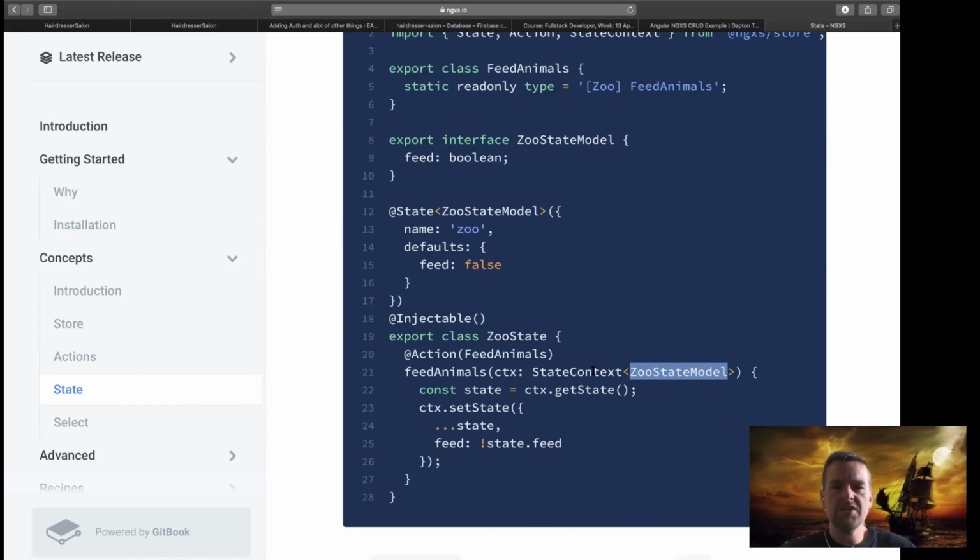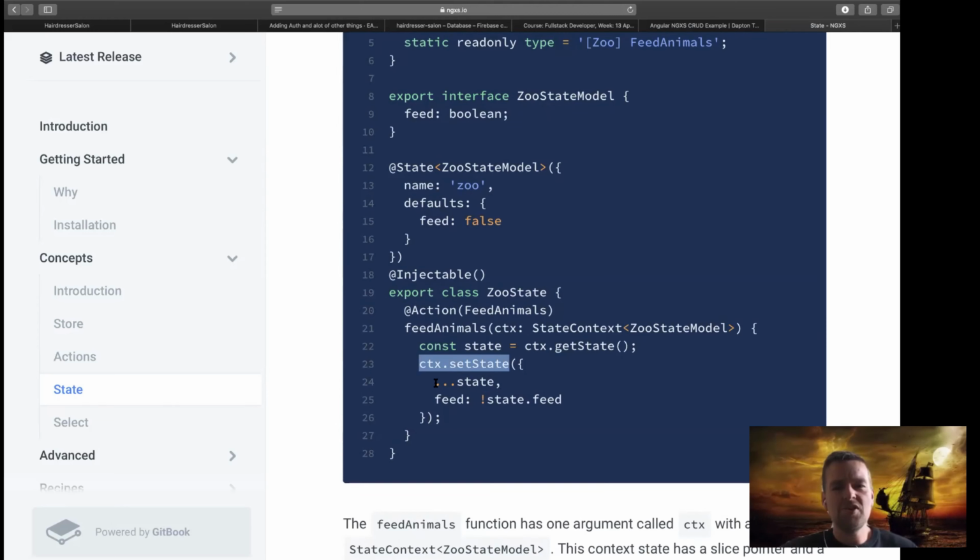Okay, so the context is just a way for me to say, this is how the truth is right now for my data locally. And then with that context, I can now get the state, meaning that I'm getting all the data from in here. And then I can go and say, set the state. And this is kind of weird, but the tree.state means that I want to use it as it is right now. So the name is still going to be Sue,